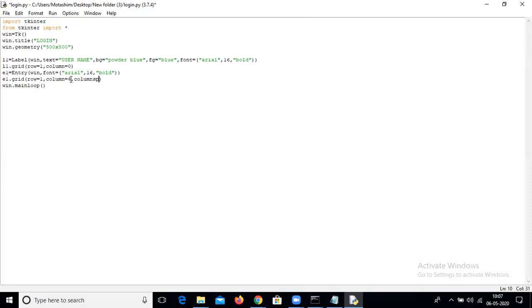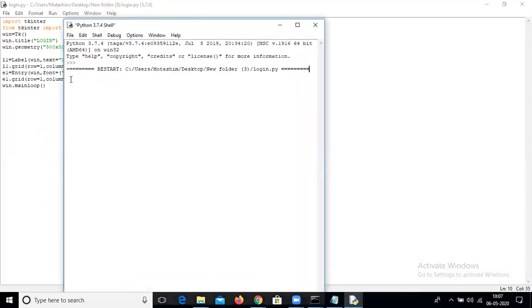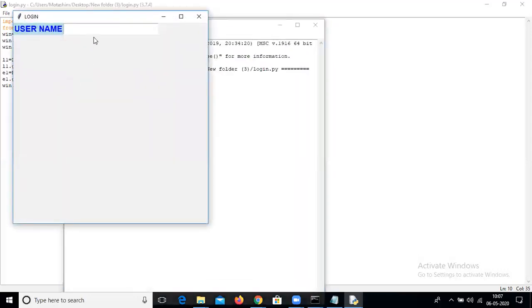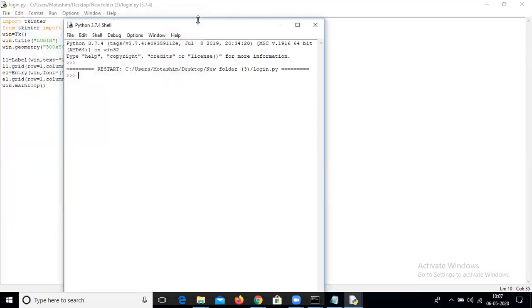Column span. Now this looks better. Okay, it looks better. Good. Okay, now the username is created.